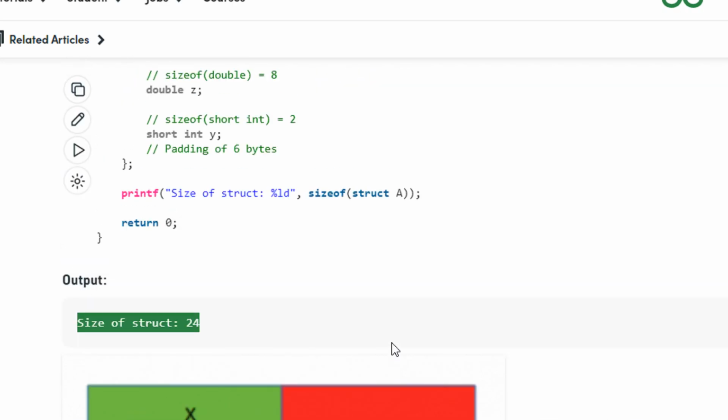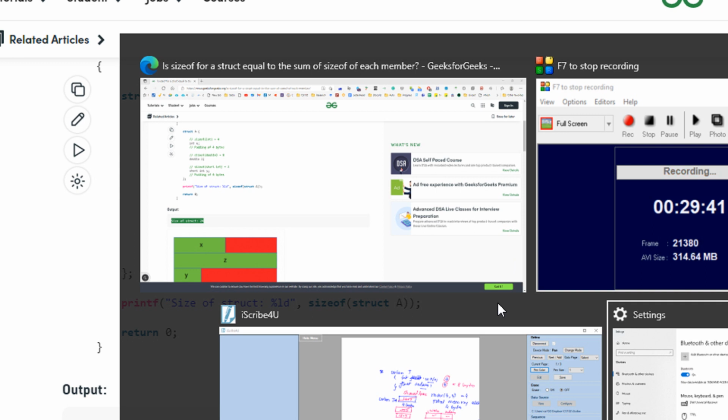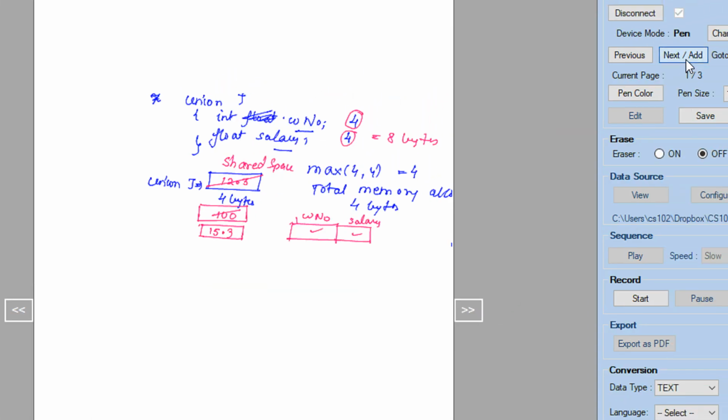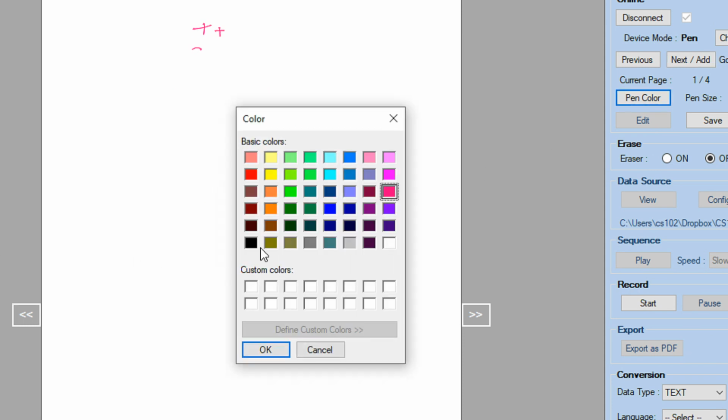So now what happens, we have x as an integer. Okay, let me just go to the dashboard. Okay, pen color is, let's say, black.